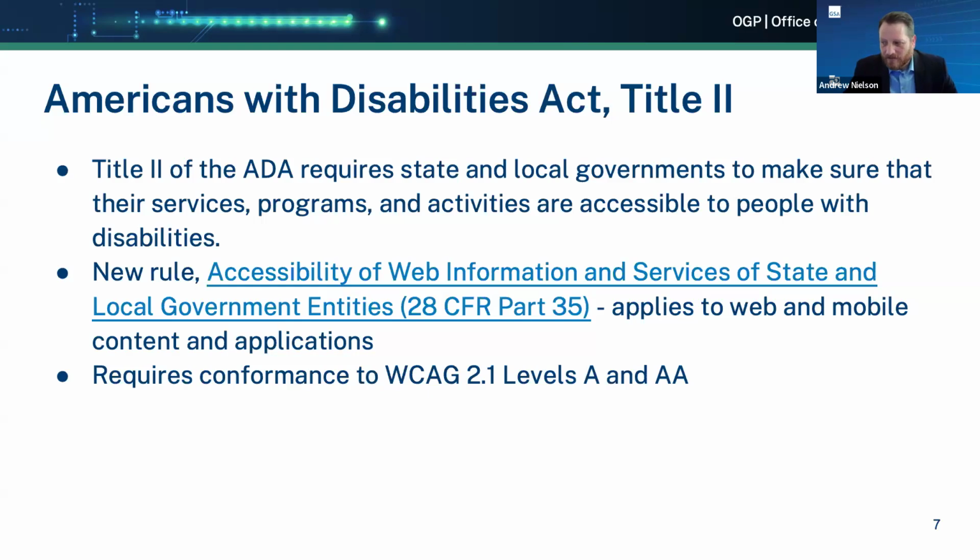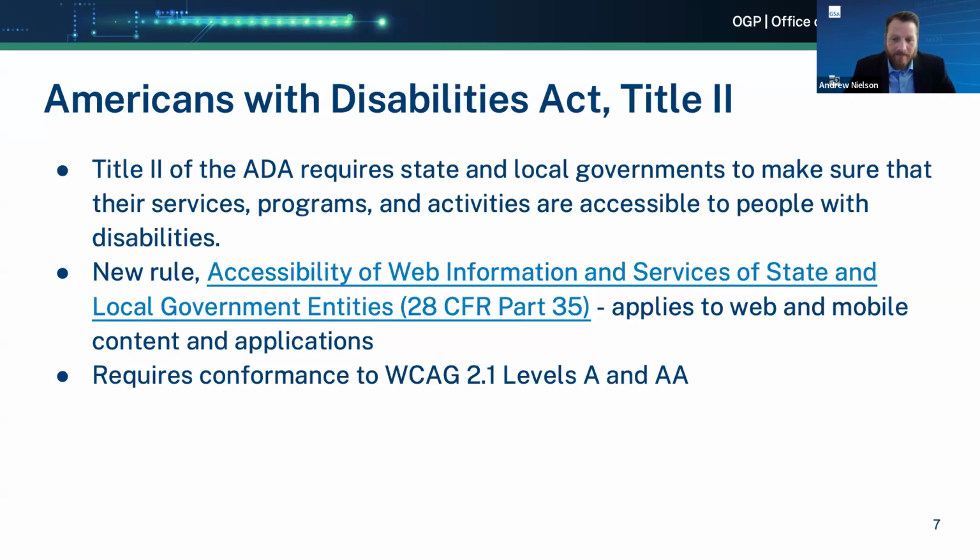But this applies to web and mobile content and applications. Remembering that Section 508 applies to more than that, to hardware and software client applications and electronic documents, whereas the rule that the Department of Justice issued applies only to web and mobile content and applications. And the ADA Title II rule requires conformance to the Web Content Accessibility Guidelines version 2.1,